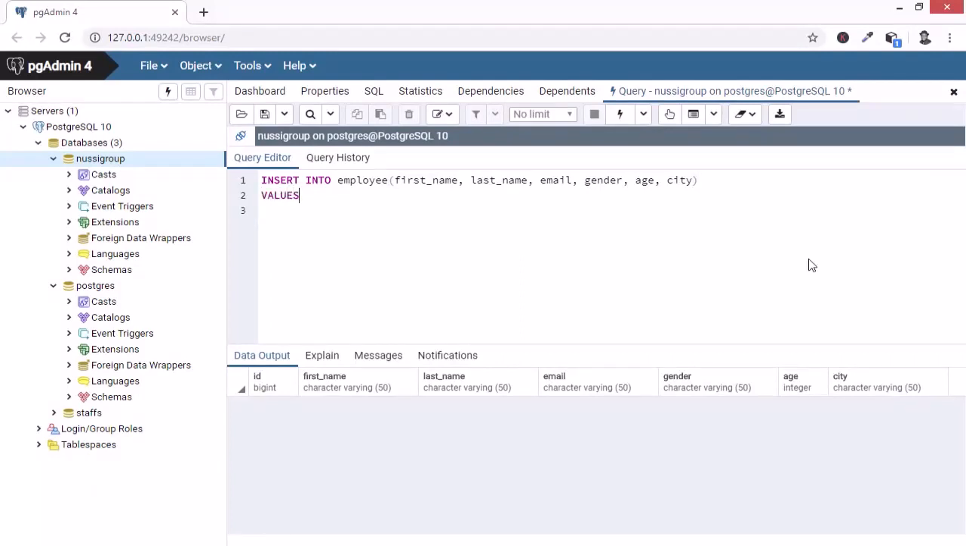And then we need to specify a parenthesis again. And inside the parenthesis, we need to enter the values which we want to get inserted into this table. So within a quote, insert a value for the first name. Let's say Mike, comma, and then the surname or the last name is going to be Muro,